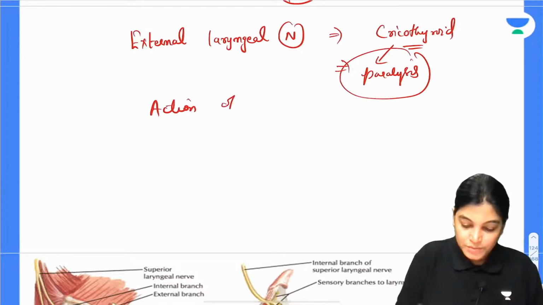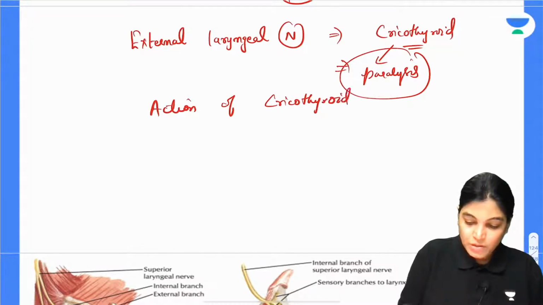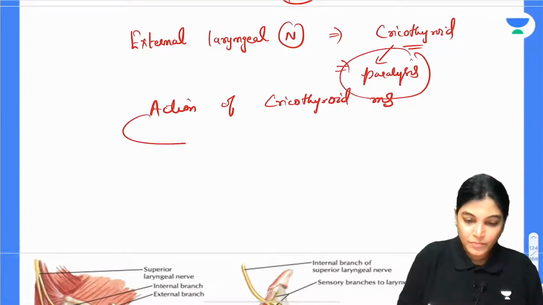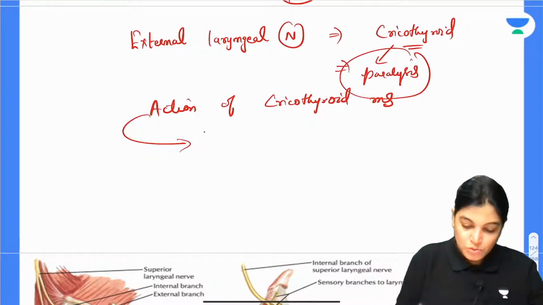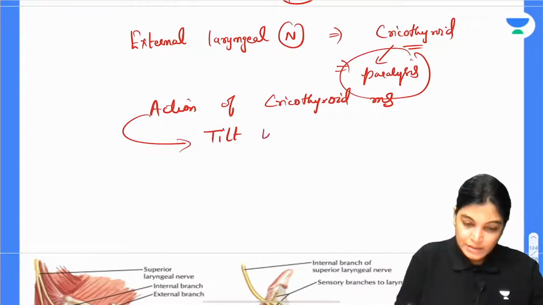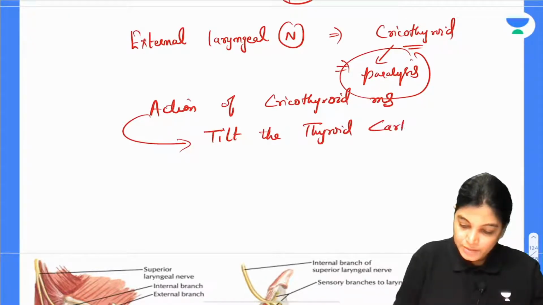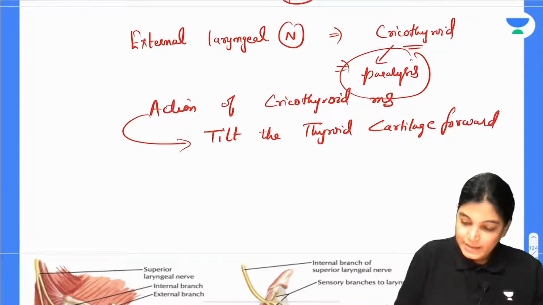The action of the cricothyroid muscle is to tilt the thyroid cartilage forward, that is anterior,